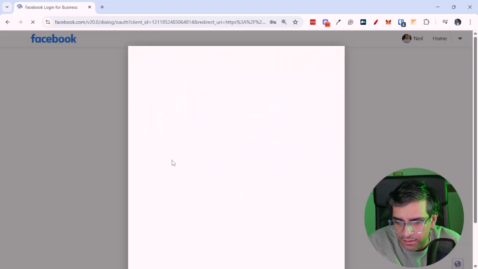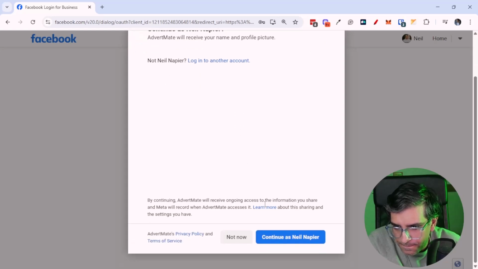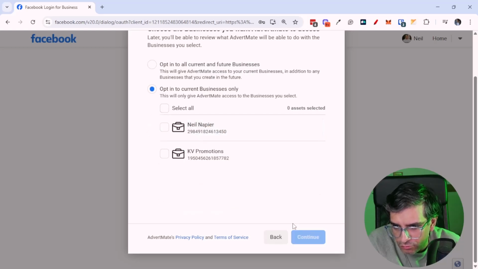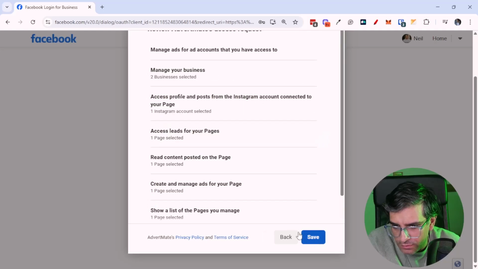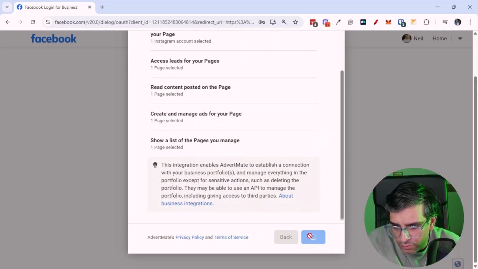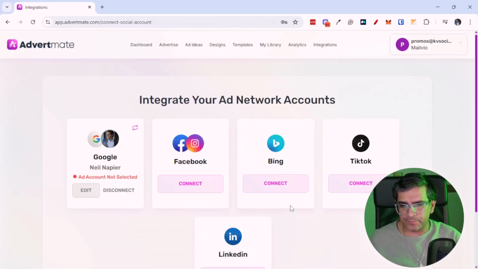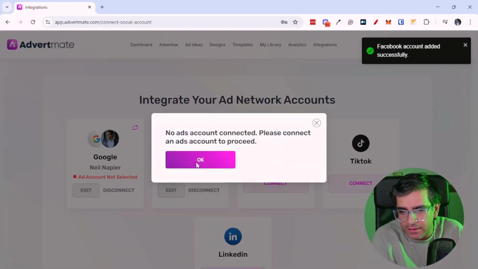Let's go and connect Facebook, see if that works. Yep, I want to continue as Neil Napier. Let's just go for this page, continue. Let's go for both. Let's go for this profile. Yeah, it's all good. Regular permissions. I mean, it's typically what you see. Got it. Okay, so Facebook is connected. Again, no ad account selected. I think this might be